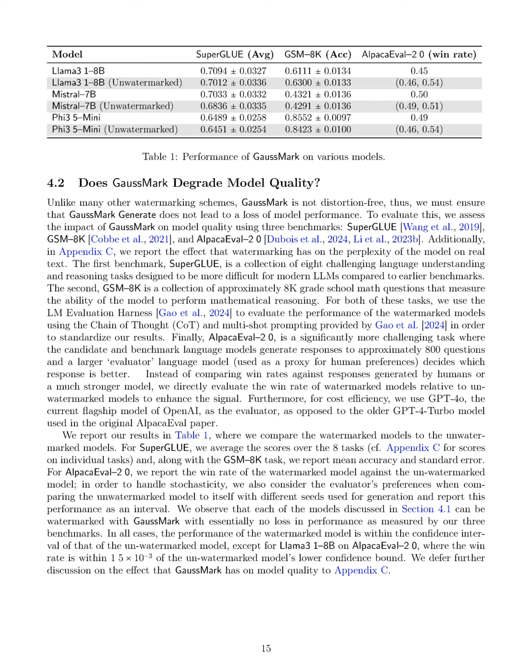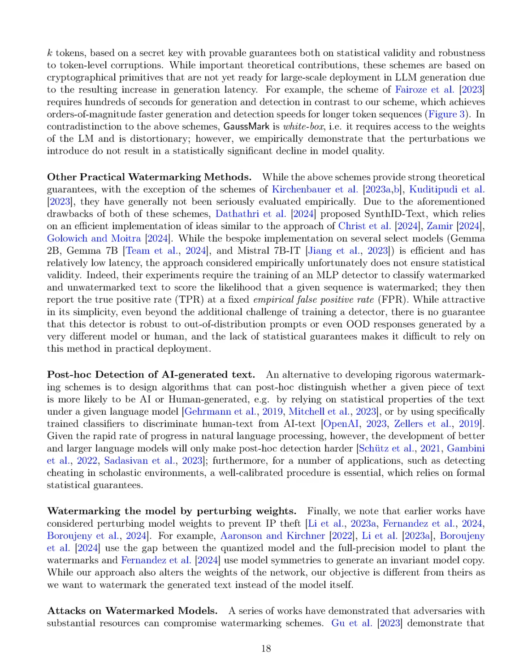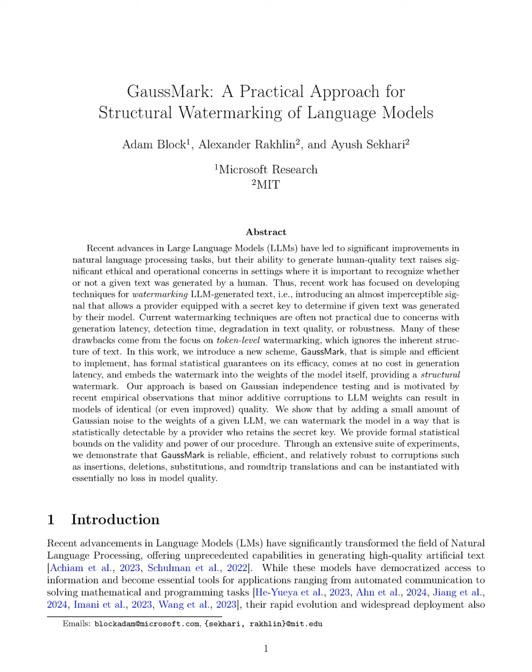Performance metrics included the detection power of the watermark at different corruption levels, as well as comparisons of the quality of generated text against unwatermarked counterparts, using frameworks like Eleuther's LM Evaluation Harness and AlpacaEval. The experiments demonstrated that 2 maintained significant detection power, even with substantial token corruption, and did not lead to a statistically significant decline in model quality across various understanding, reasoning, math, and conversational benchmarks. Additionally, the speed of both generation and detection was highlighted, with 2 achieving rapid processing times, further underscoring its practical